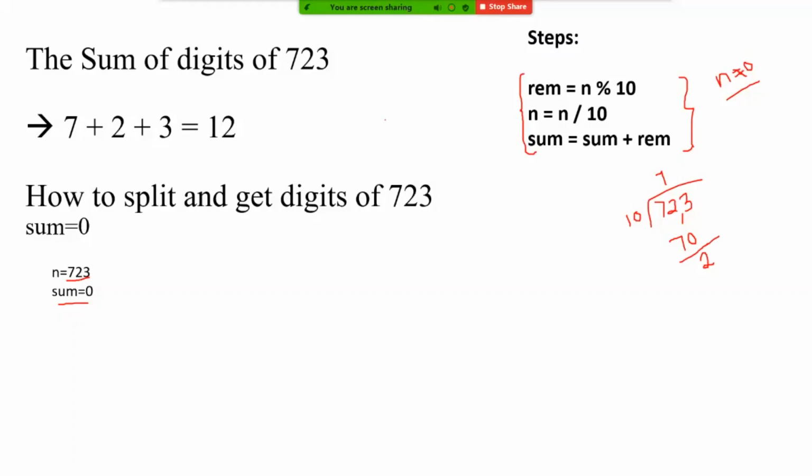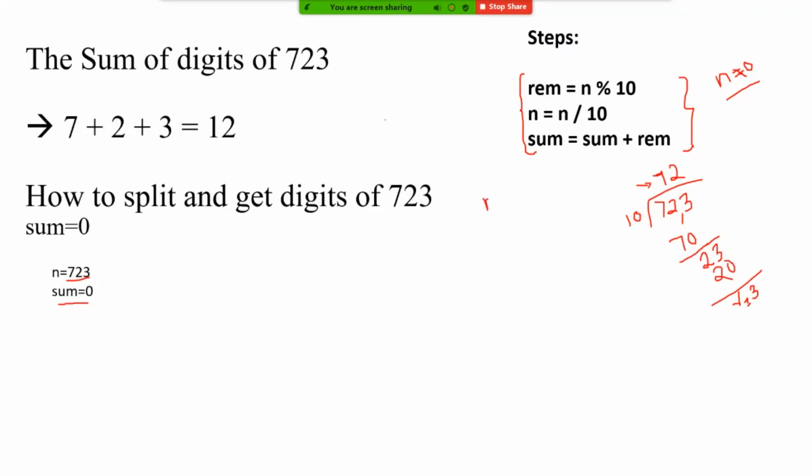Then what do we have to do? You have to bring down 3. Then how many times will 10 go in 23? 10 will go 2 times, right? So it will be 20. And then the remainder is 3, right? So what is 72 and what is 3? What is the remainder and what is the quotient? Ordinary division: 72 will be the quotient and the remainder will be 3. Right? Remainder is 3.